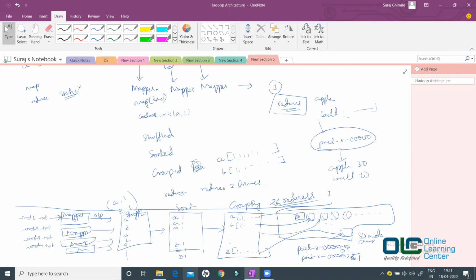So there is a question. In your example, you have shown two separate text files of the same type of data. Why, if we could load all the data as one file? See, it's your call. If you want to combine all the data in a single file and give it to Hadoop, that is absolutely fine. Or else if you have different data and you really don't want to combine it, that is also okay. Sometimes you get the data as multiple files from clients, from the source, and at that time you really don't want to take the pain. Why do you want to take the pain of merging them together?